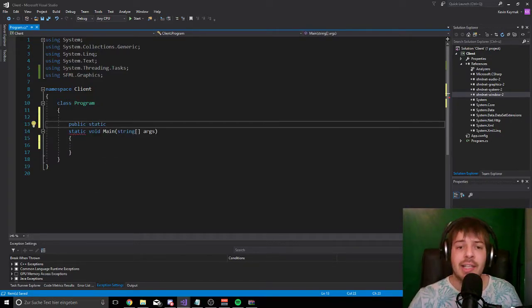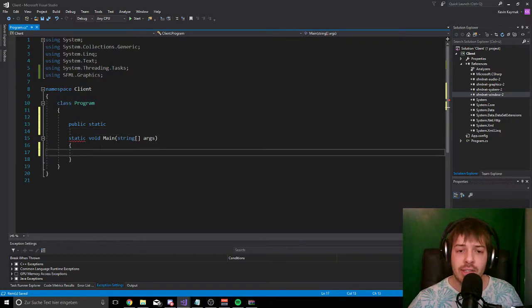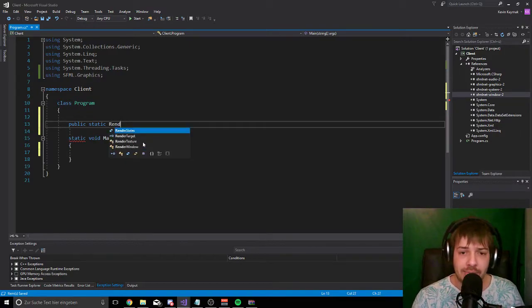We need to use static, because we can only call stuff in our main function when it's static, because it is a console app, right? So we use public static and then